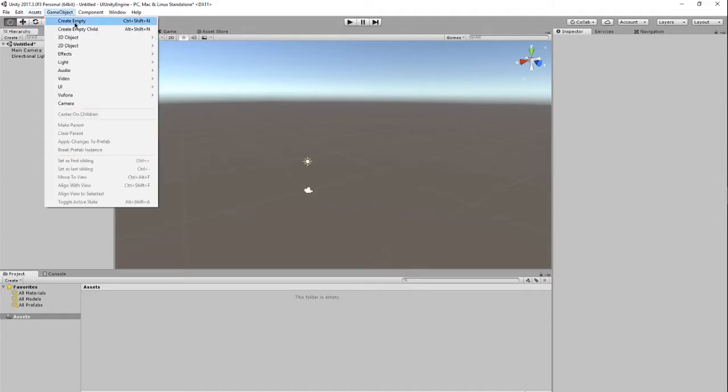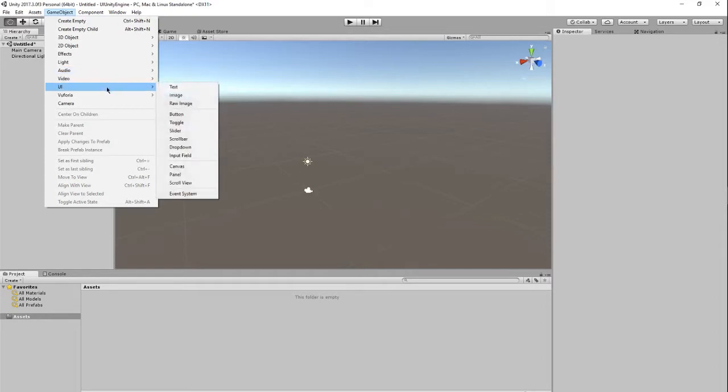Game object, create empty child, 3D objects, cube, sphere, capsule, cylinder, plane, quad, ragdoll, terrain, tree, wind zone, 3D text, 2D object, sprite, tile map, sprite mask, effects, particle system, trail, line, light, directional, point, spotlight, area, reflection probe, light probe group, audio source, audio reverb zone, video player, UI, text, image, raw image, button, toggle, slider, scroll bar, drop down, input field, canvas, panel, scroll view, event system,